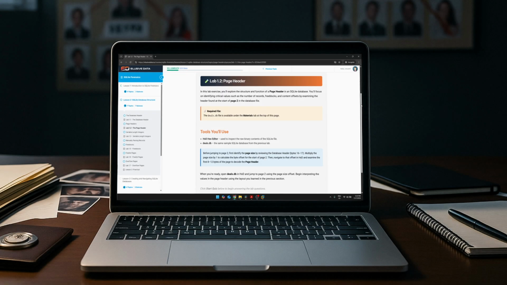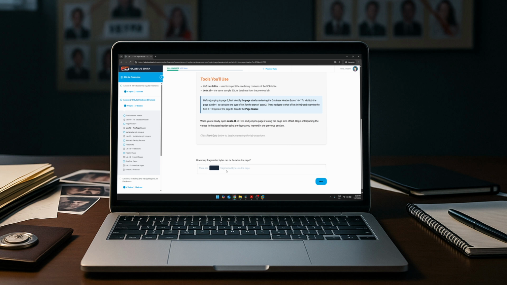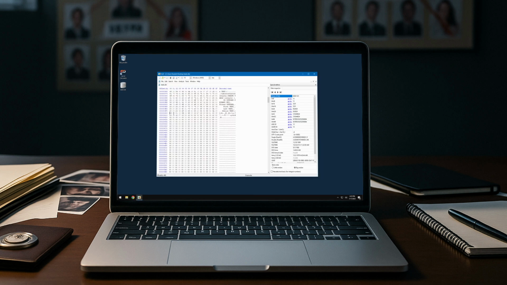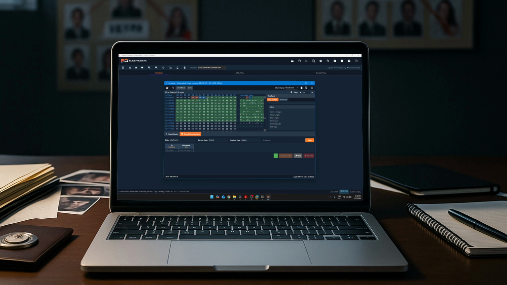Once you've got a handle on these external data types, we shift focus to SQLite databases. You'll start with the structure, the database header, page headers, record headers, and serial types, laying the foundation for manually parsing raw payloads. Through a series of guided labs, you'll gain hands-on skills to recover deleted data from free blocks